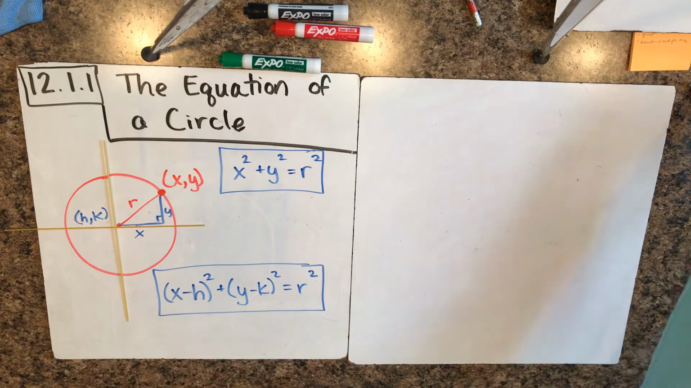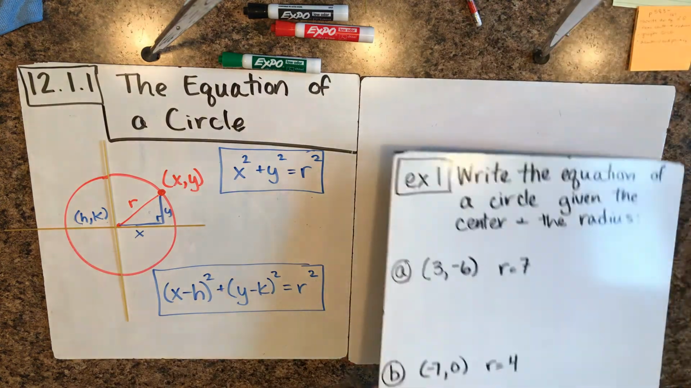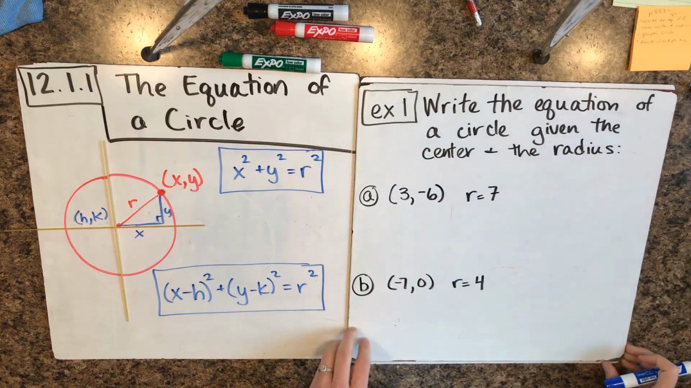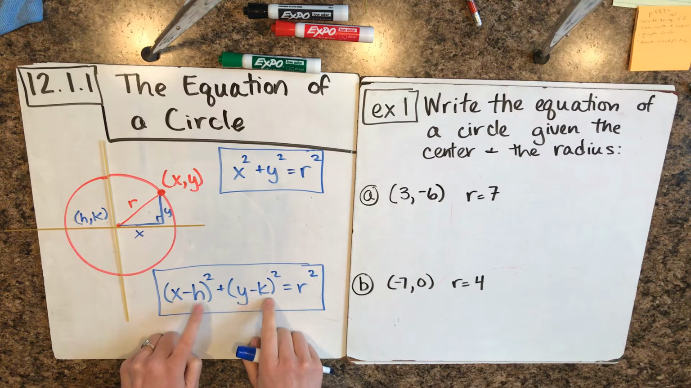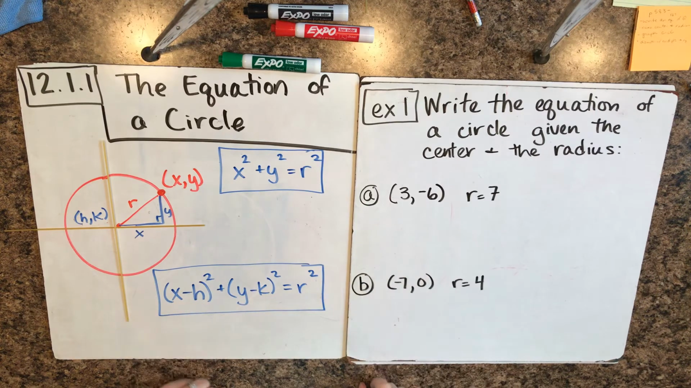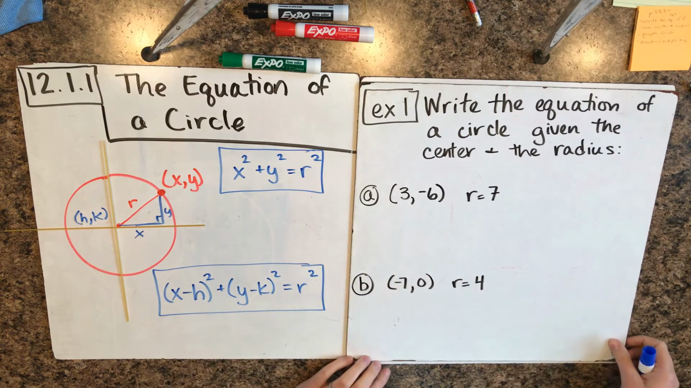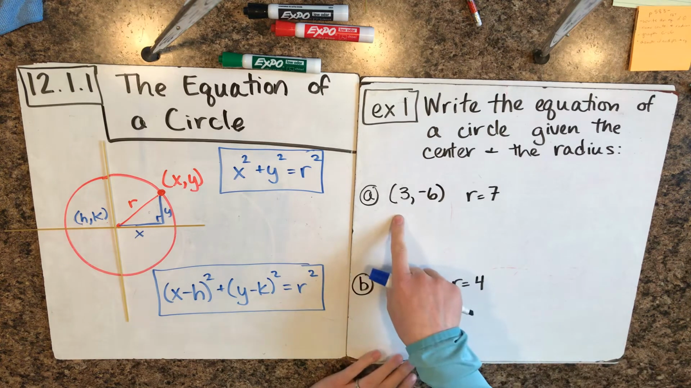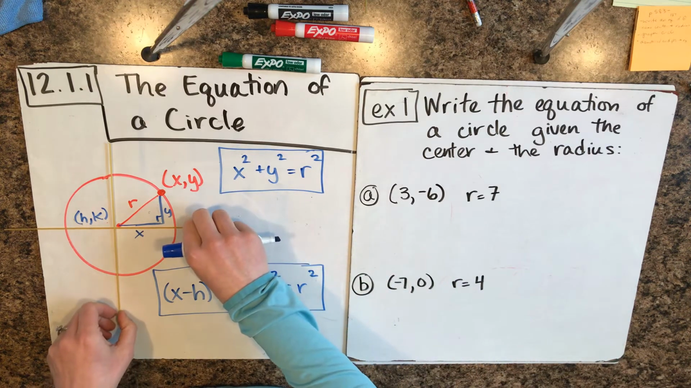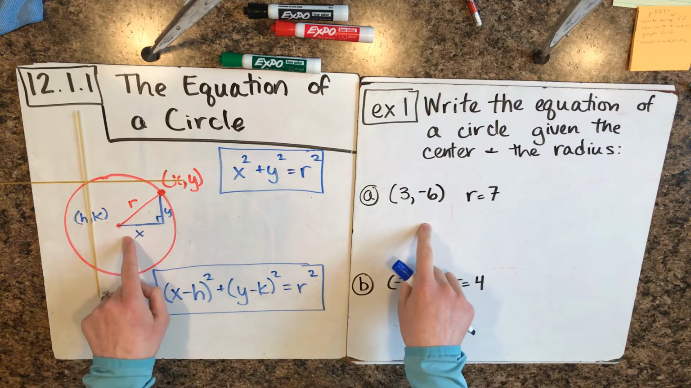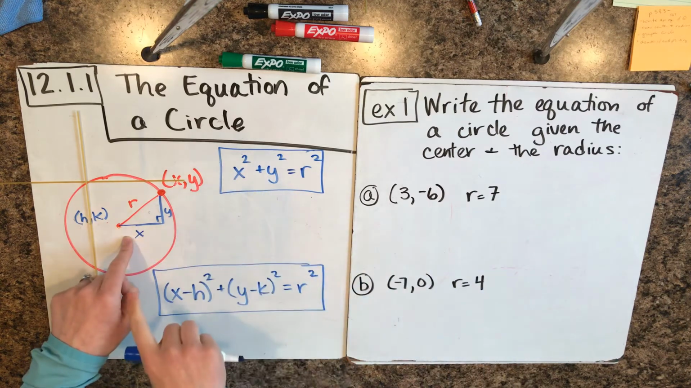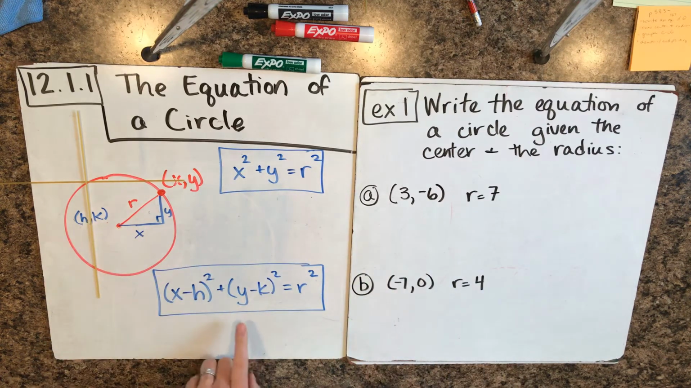Now, let's look at some examples of what you might have to do today. I also want to make sure that I'm drawing your attention to the fact that this says x minus h and y minus k, or the opposite of h and k. And that's going to be really important when we go to write equations here. So example 1 says write the equation of a circle given the center and the radius. So they're telling me that (3, negative 6) is the center of my circle, and that the radius is 7. So all I need to do is use my equation,